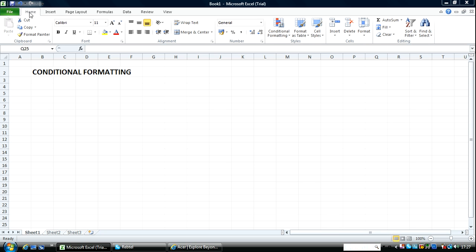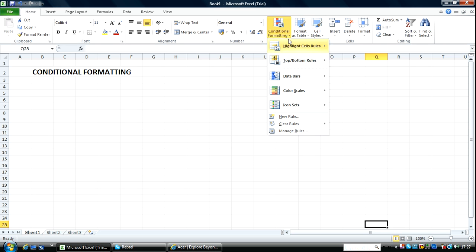Now, the first thing, this is Excel 2010. To get to conditional formatting, you come over to the Home part of the ribbon, the Home tab. Then over here in the Styles group, you've got Conditional Formatting. Click on Conditional Formatting and you see the different types of